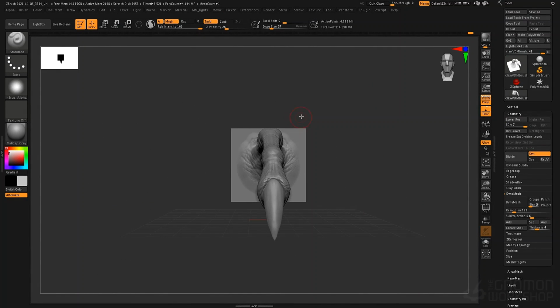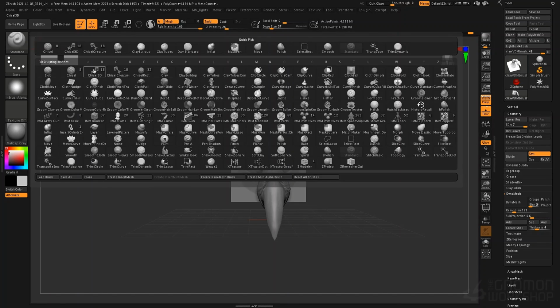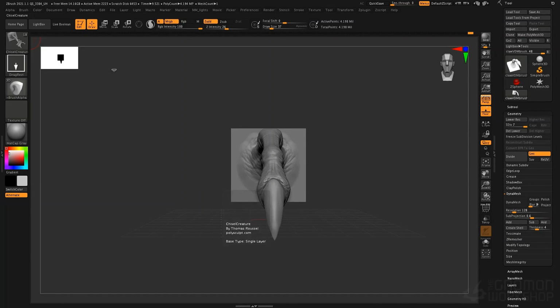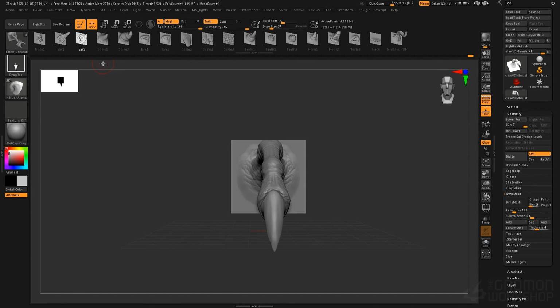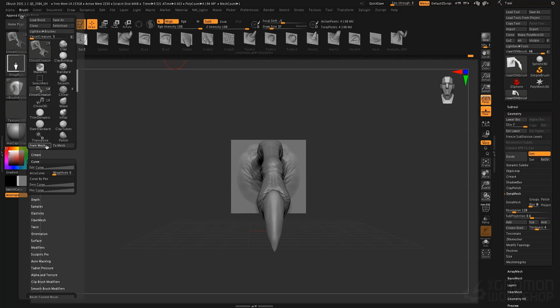Control-Shift-Click on the background to make sure that the polygroup is shown that we had previously hidden around the border. Now we want to make our brush. So I will go to the brush menu and I will select Chisel 3D or Chisel Creature. Either one, they're both chisel based. I've selected Chisel Creature here. There's our tentacle from earlier. Now I will go to Brush, from Mesh,